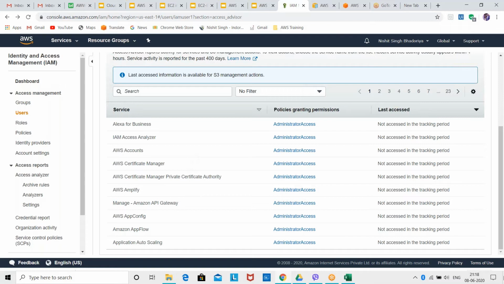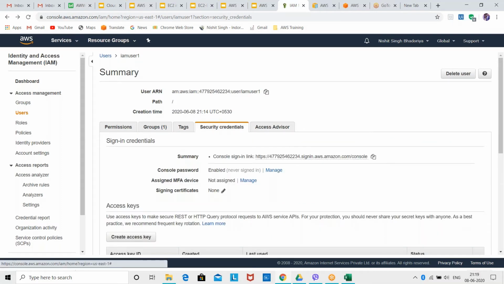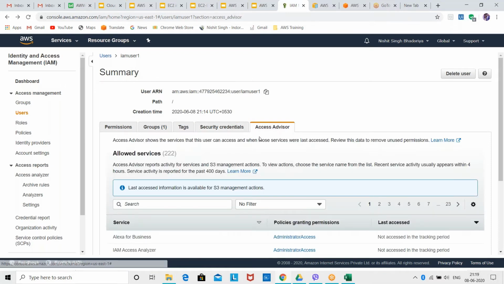If I log in with my IAM account, here you can see "no access in tracking period." But if I log in with my IAM account, you can see what my last access was. So in the access advisor, you can see your access time, when was the last time you accessed. Basically, access advisor is for monitoring purposes of an IAM user.